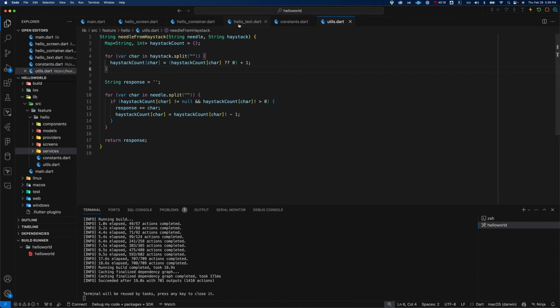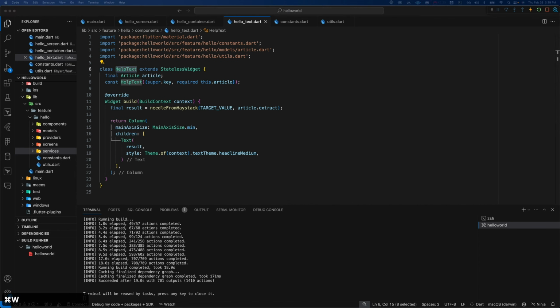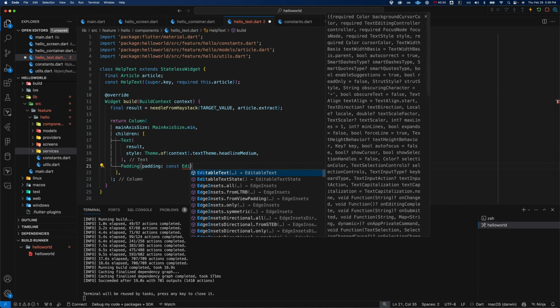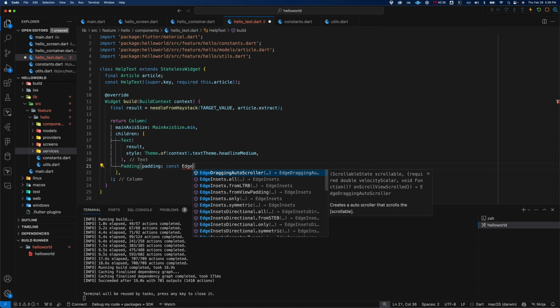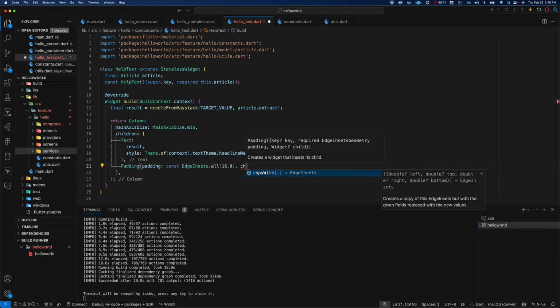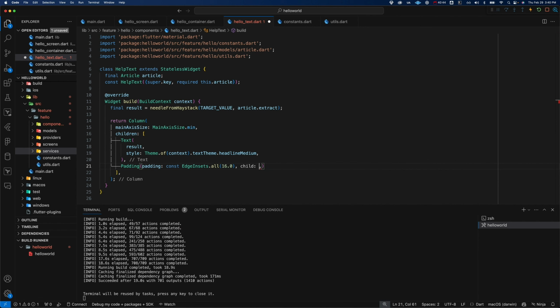a complete project. So back in our hello text, aside from just showing the text, let's actually show a bit of reasoning, where this came from, all that kind of stuff. So we'll start by, let's just have some padding here. And we'll just do a const of edge insets and just do 16.0. And its child, we will put a rich text. So rich text is a really fun, if you haven't used it before, it allows you to kind of have different text styles and stuff within